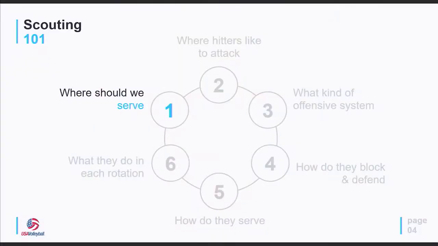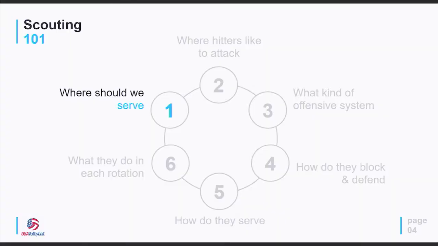So going through one by one, we're going to talk about their serving first, our passing and their serving. Firstly, we want to know who their weakest passers are, if they have specific weaknesses, whether it's something like they're stronger against a float serve versus a topspin serve. Are they weaker passing a serve that's coming from zone 5 on that cross court to zone 5, or maybe they're weaker against a serve down the line? This kind of information we can use to potentially knock them out of system and give ourselves a better advantage